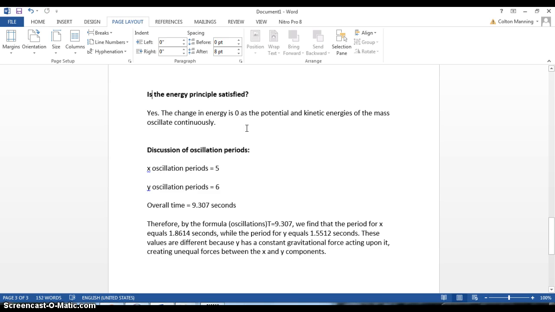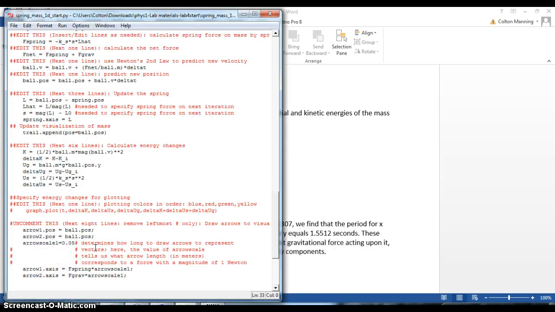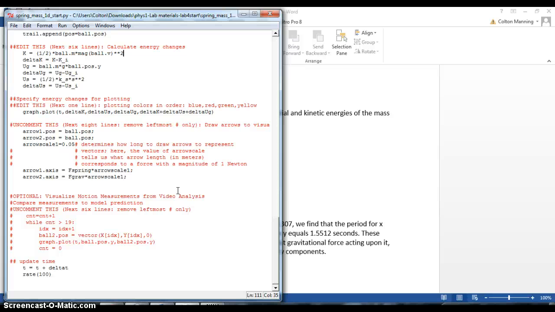Yes, the energy change is 0, as the potential and kinetic energy of the mass oscillate continuously because there's no work done. When we edit the code slightly, we can see this, as it will be shown as it pops up right now. Bam, magic. With a few edits in our coding, we can now see the delta K, which is modeled in blue, delta U sub S, which is modeled in red, delta U sub G, which is modeled in green, and delta K plus delta U sub S plus delta U sub G, which is equal to the change in energy, modeled as yellow. Now, when we run this code,